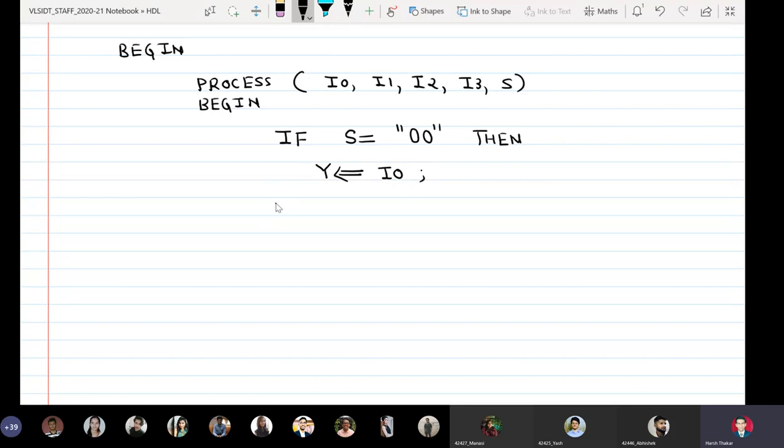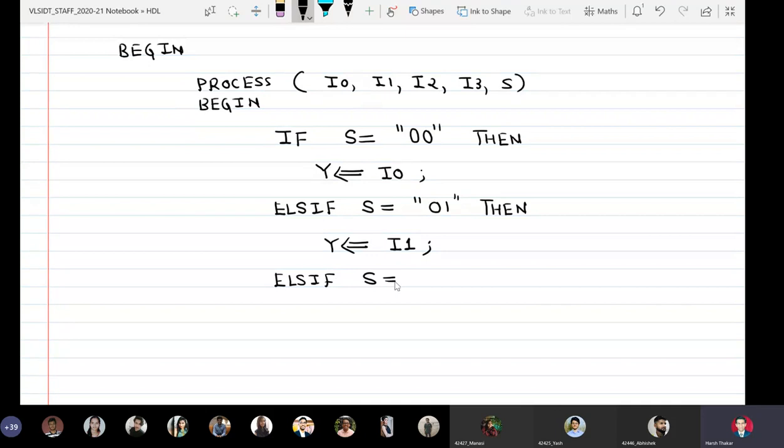Now see what I'm using. I'm using else if now. Else if S equal to double quotes 01, then y is assigned I1. Else if S equal to the third combination 10, then y is assigned I2.